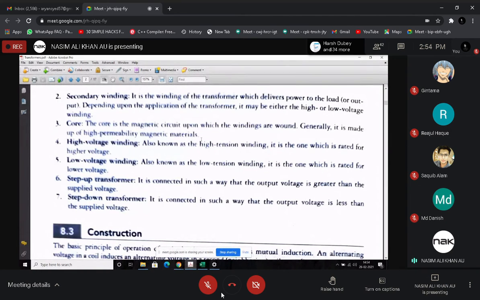Generally, it is made up of high permeability magnetic materials. I will show you those particular things. Now, what is high voltage winding? What is low voltage winding? High voltage winding has the maximum number of turns for higher voltage. So normally, sometimes I'm using it for the secondary side, sometimes for the primary side. And low voltage winding,